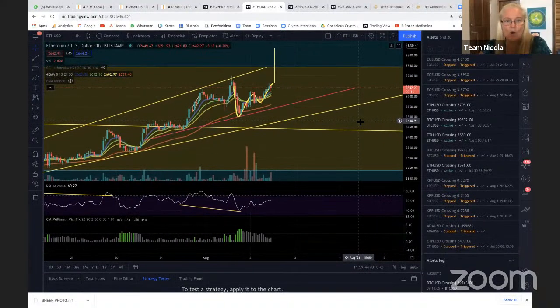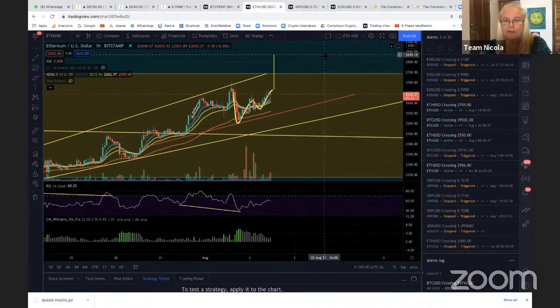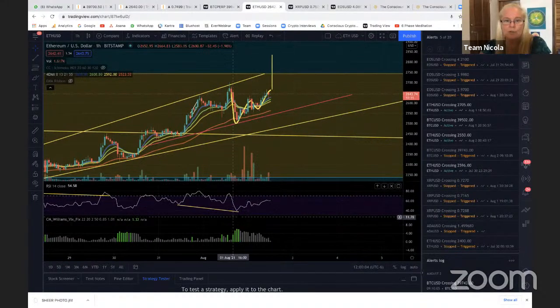So waiting on that. The target for that small W is 2835, but it is really likely that this golden ratio at 2741 is going to act as significant resistance, that we might hit it a few times, come back down a little bit and hit it, before breaking up to the upside. And of course, the longer we take to do that, then we've got to be aware that we could also just come back down to the bottom of this pattern and possibly even break down from it. But generally speaking,